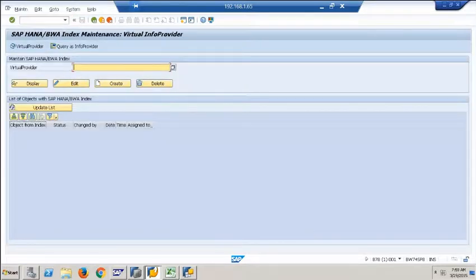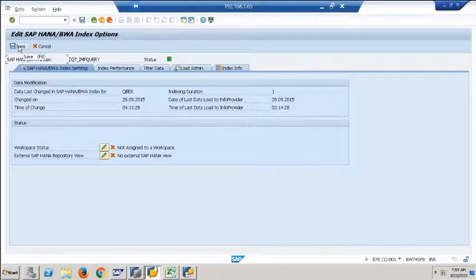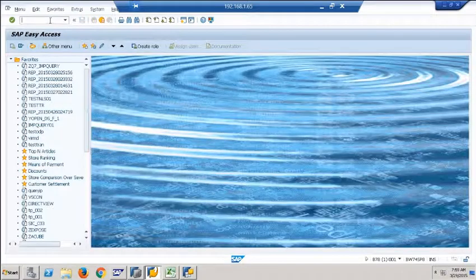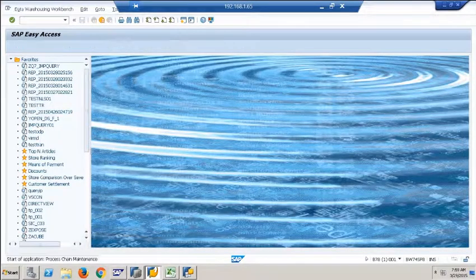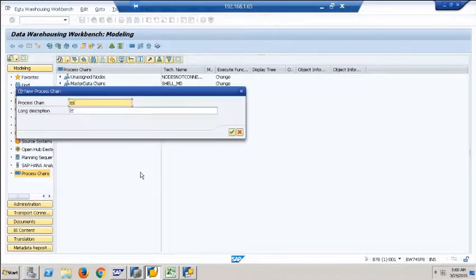I can say change, edit, and then I can save and refresh the index. But I can do that with process chains. ZPC query snapshot, refresh HANA index for